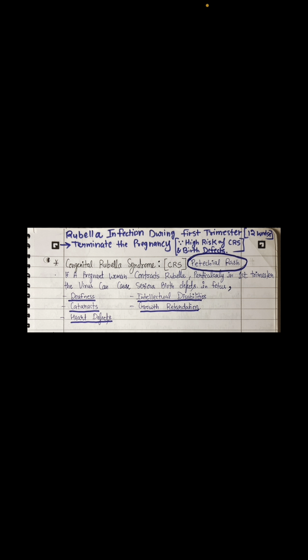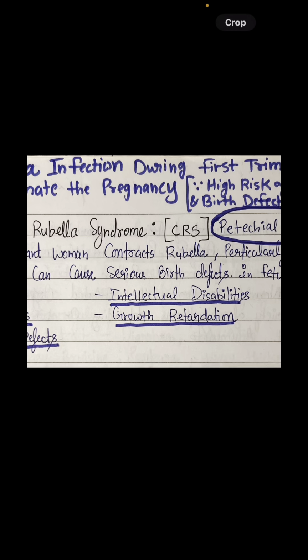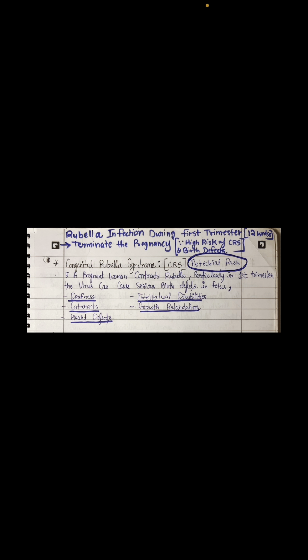Next is congenital rubella syndrome. You have to remember that the baby with congenital rubella syndrome will have deafness, cataract, heart defects, intellectual disabilities, growth retardation, all of these things. What is congenital rubella syndrome? If a pregnant woman